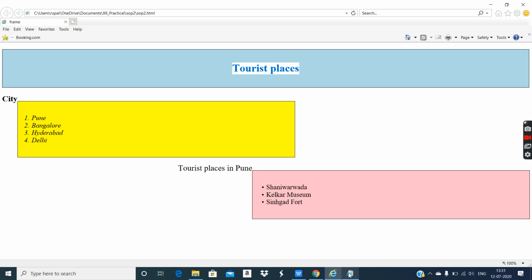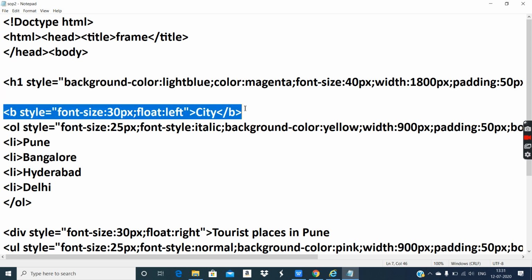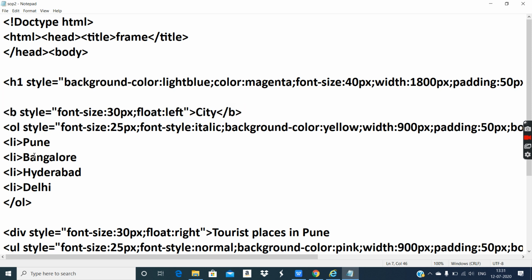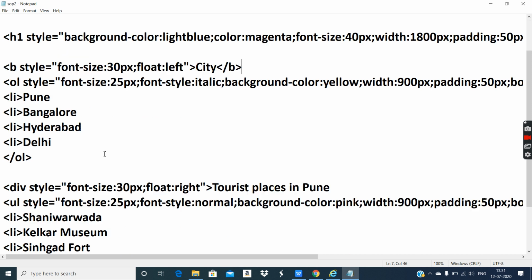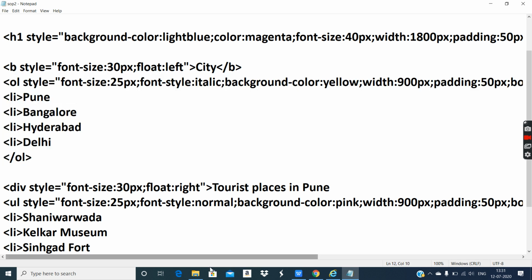So separately I couldn't apply any background color over here. Then here text I definitely have to provide, but if I provide a text after the OL tag, then that is wrong, because inside the OL tag I have to only provide list items, so that I cannot do.